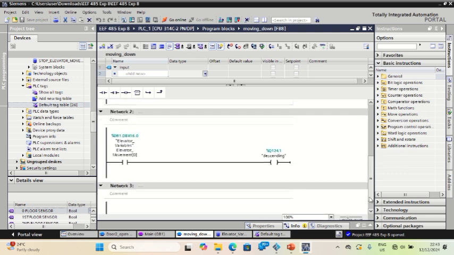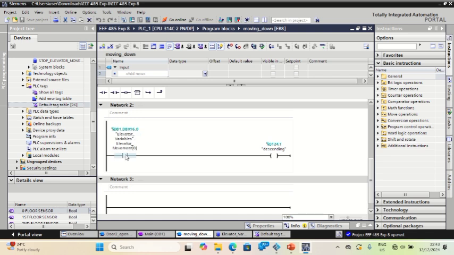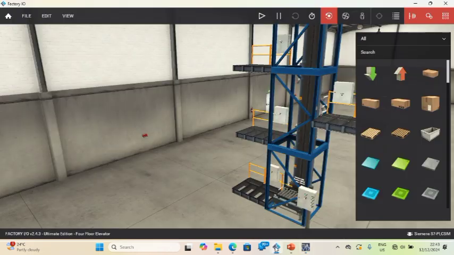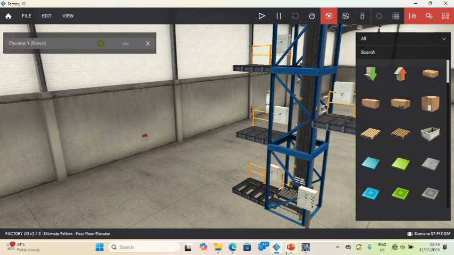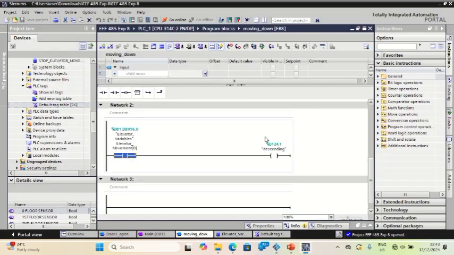So now that we've set it moving down, we're going to put here an input checking that if elevator movement has been set to down from the data block, therefore set the actuator to be descending. What is this actuator here? The actuator will connect to elevator down. This elevator down actuator will be connected to this guy here, 124.1. Okay,